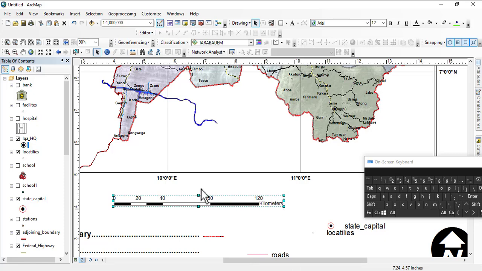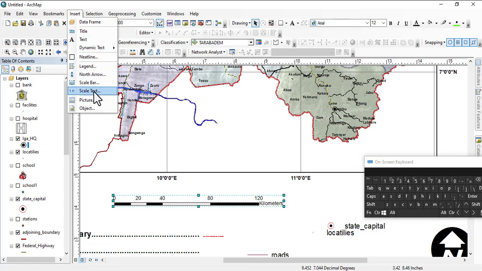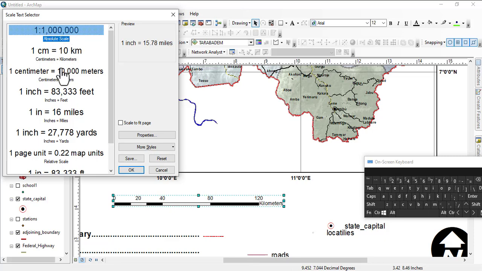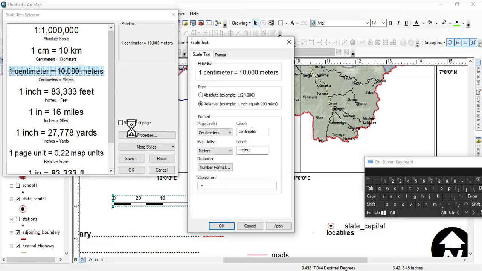So now the next thing is how to bring in your text. So your scale text now, you can have this 1 centimeter is equals to 10 kilometers, which is wrong cartographically. So when you click on it, you go to properties. And then here, this equal to, you change it. And write,